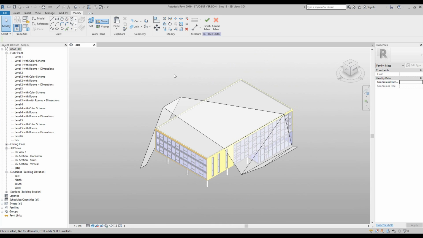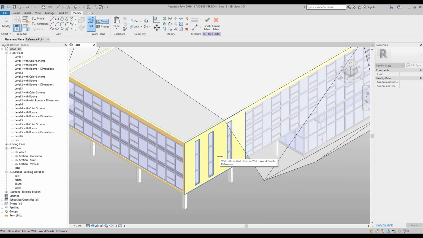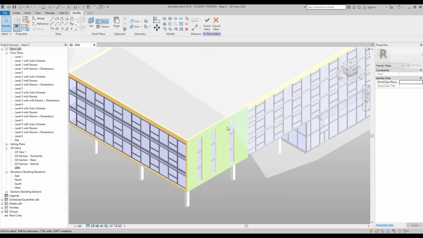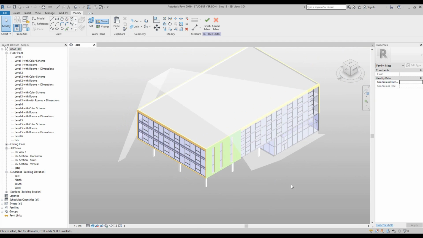Now the next part we're going to do is add some voids to this mesh. So let's set the working plane. Let's press show first to make sure that it's definitely on. Then press the set button, and we're going to hover over this little wall with the three windows and click once. You can see it goes a light blue, but it's green because the wall is slightly yellow. Once you've done that,